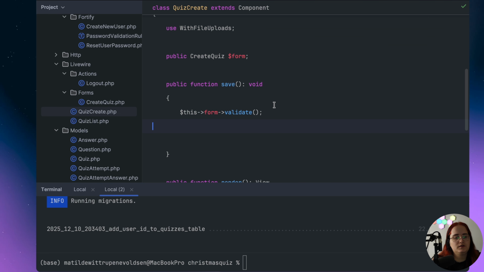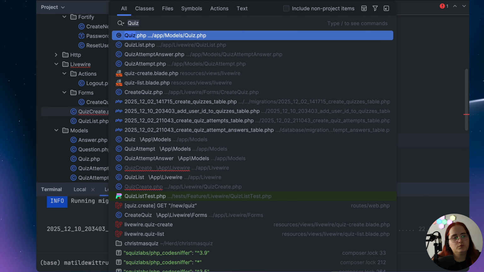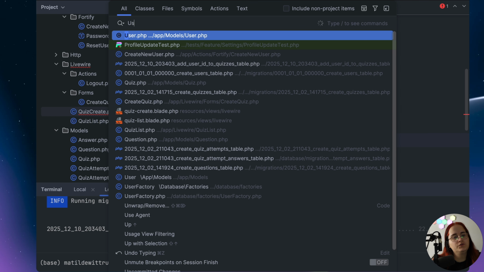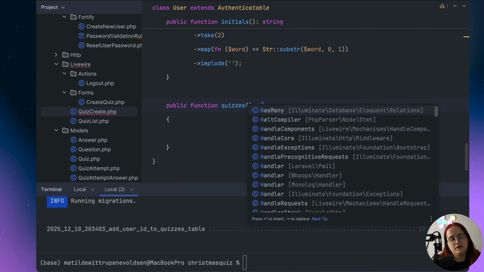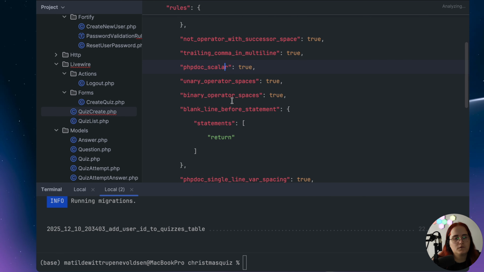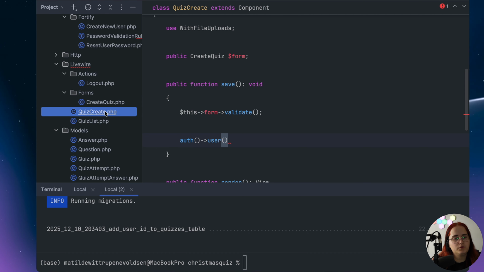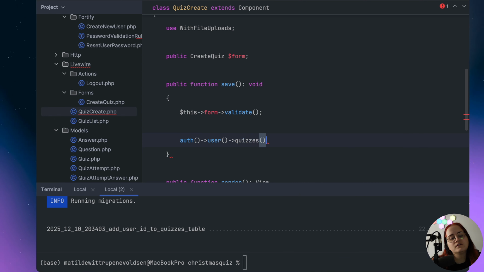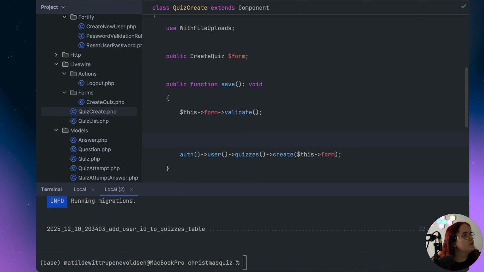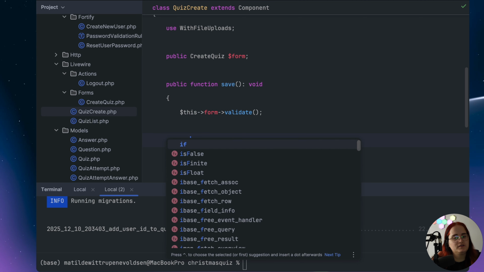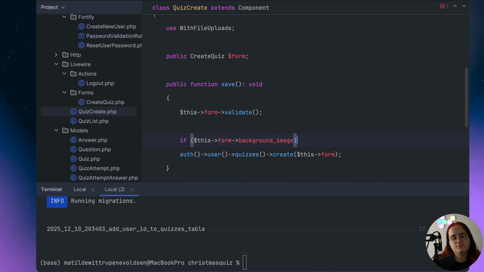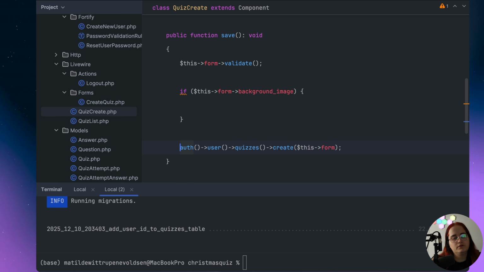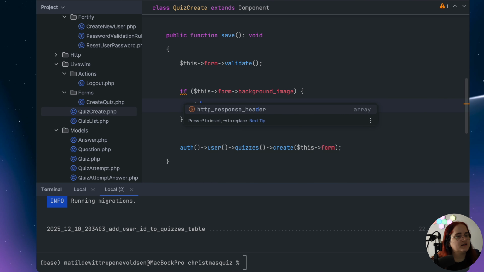This will now ensure that we can essentially just run auth user, that we can go into our user model. We can make sure that a user has many quizzes. And if we now head back into quiz create, we can say auth user quizzes create this form. But before we do that, we also just need to have a check in here. If this form background image exists, in that case we're gonna go ahead in here and essentially just say and